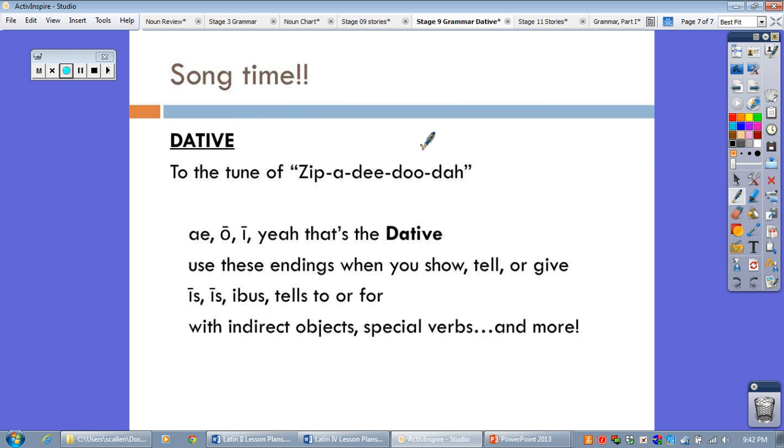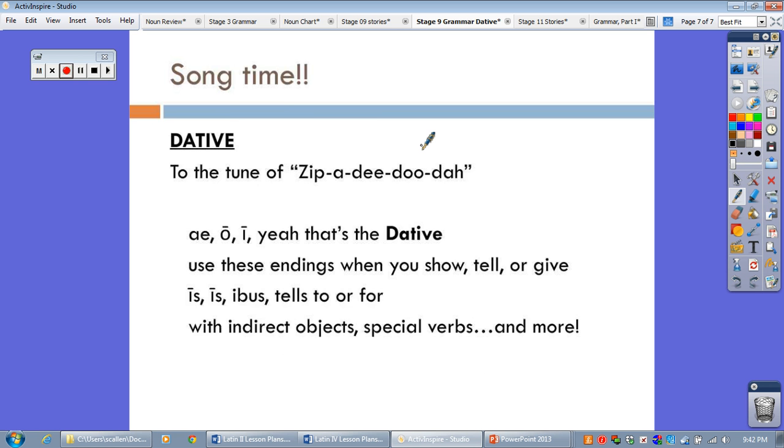Okay, now here's a song for us to know the dative endings. And once again, I cannot take credit for this song. I think Scott Stevens, the teacher in Cobb County, wrote it, though I'm not 100% sure, because I've heard this song for many, many years. It goes to the tune of Zippity-Doo-Dah, which some of you might know from childhood, and that song goes